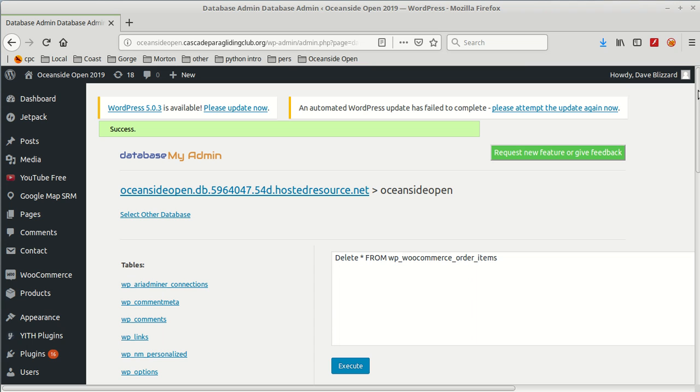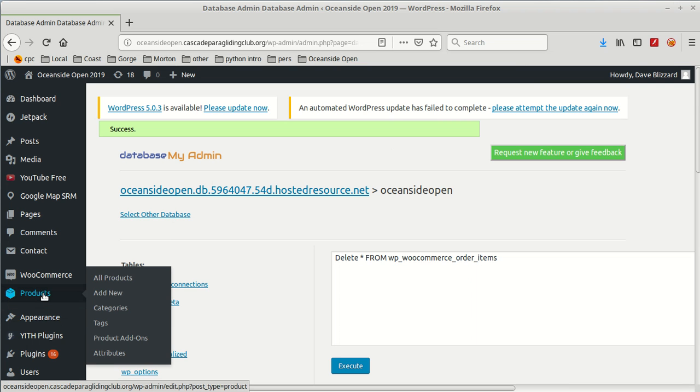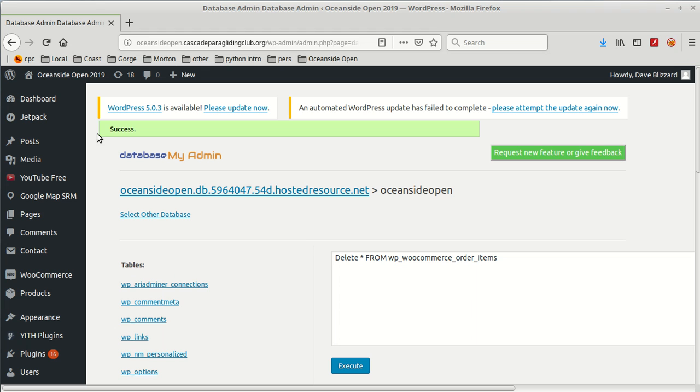Okay. That shouldn't have to be. So all you should have to do is to get rid of all of the orders, and make sure that the users are all gone, and everything should be fine. If not, you may have to come out and use this tool